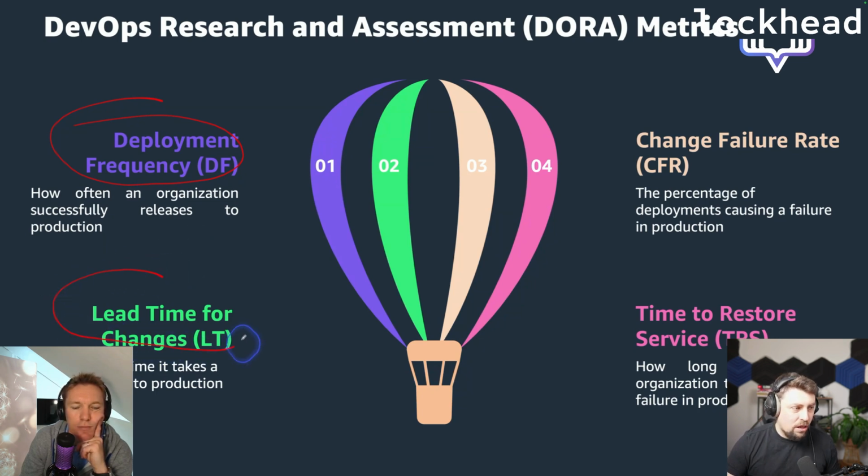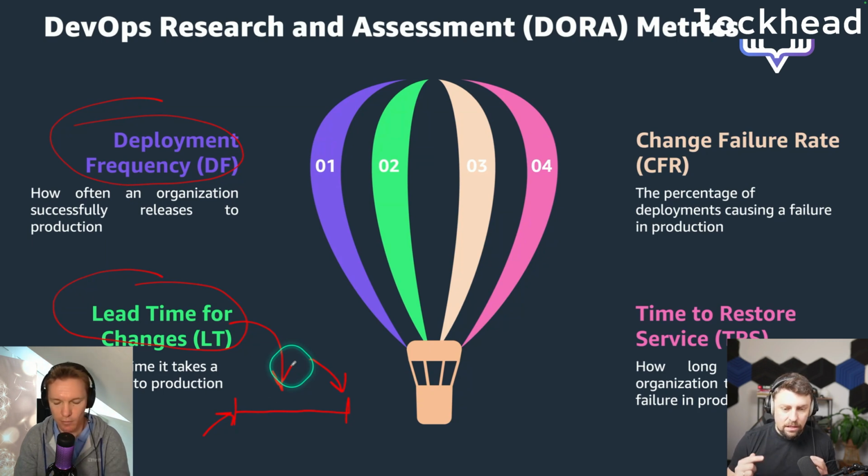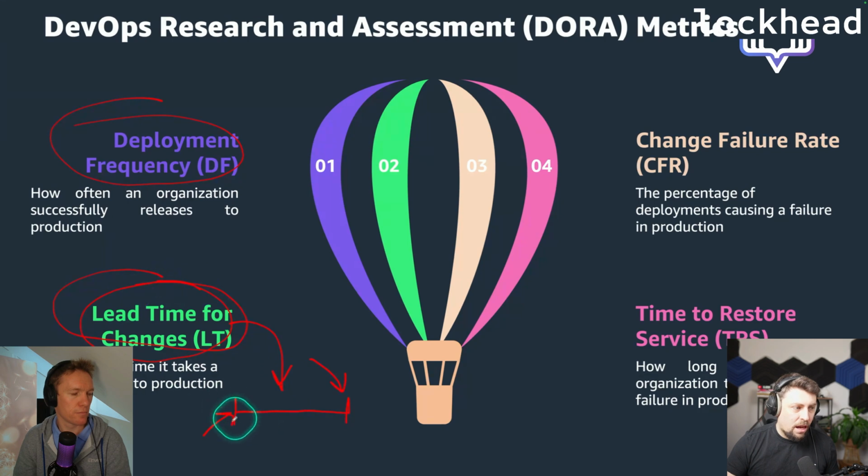The second is lead time for changes. It means you're done with your commit, and how much time will it need to see these changes on production. So it's this lead time, not lead time in other definitions. For example, sometimes people say lead time is when I create a ticket in Jira, how much time until this ticket moves to done and I see the result in my production system. No, the definition of lead time means I'm done with these changes on the release branch or the main branch, so the code is in the repository,